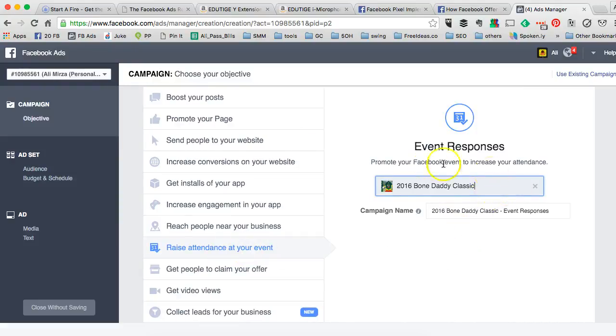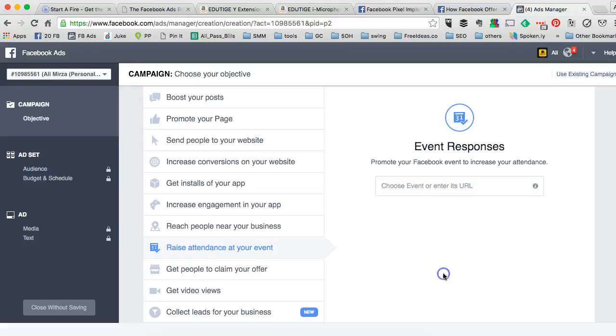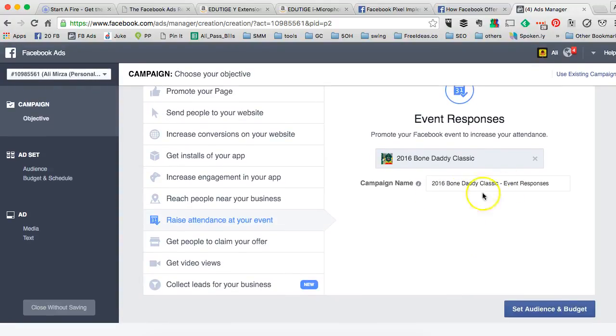And if you look at this, there is an event that I have created for one of my clients, and it's already showing up in the drop down list. So if you have any events that you created on your Facebook business page, they will show up here. If not, you can also enter its URL, the URL of the event. So in this example, let's go with this, and I'll keep the campaign name like that,